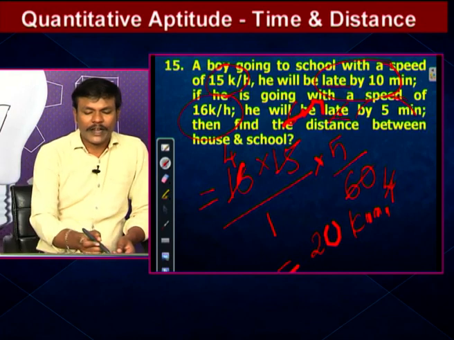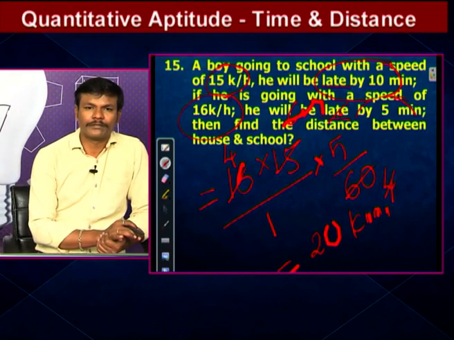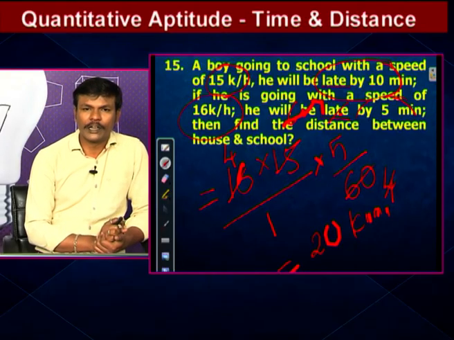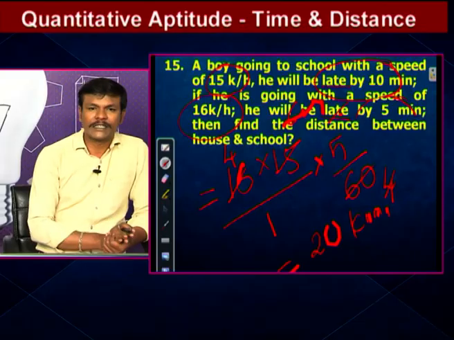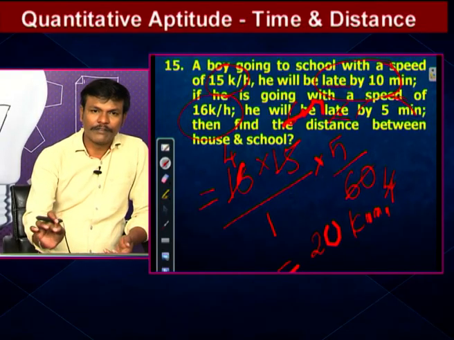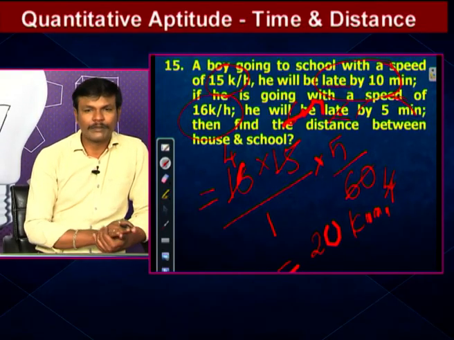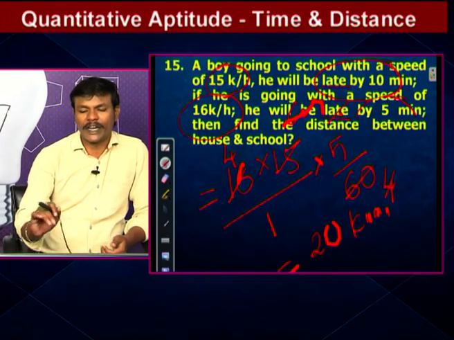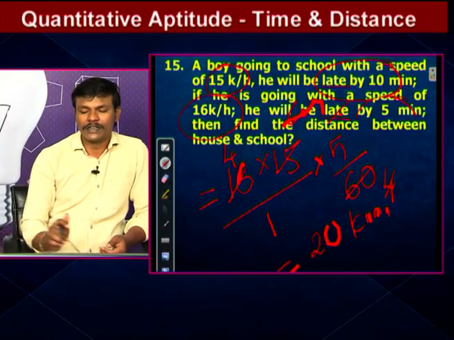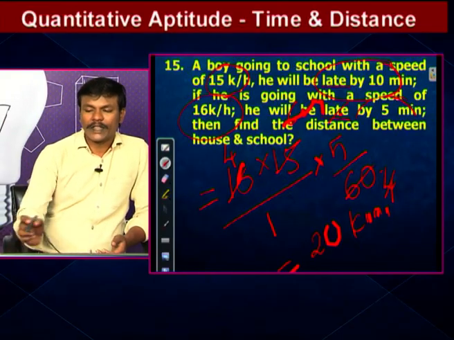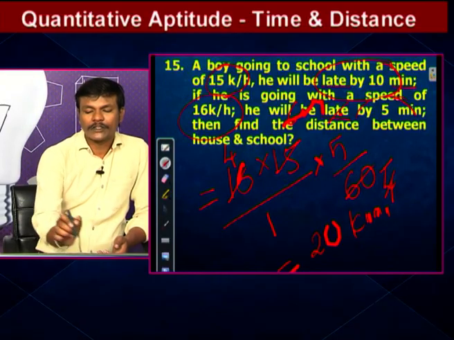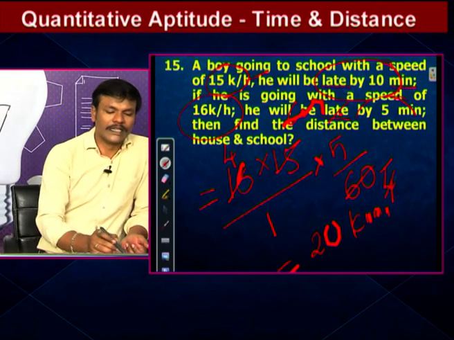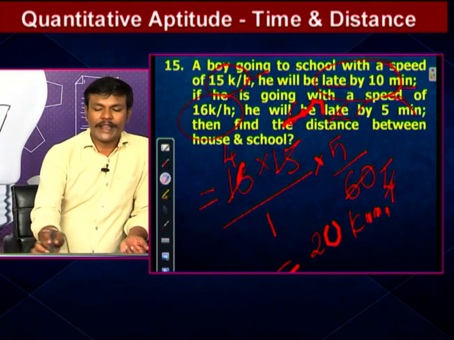Simple. We take the multiplication of the two speeds in the numerator, and the difference of the speeds in the denominator. Why do we take the difference of the speeds in the denominator? Because late or early is considered as the difference of the time. When we have the difference of the time, we take the difference of the speeds, into 5 by 60. 5 is the difference of time between both late and late, that is 10 to 5 difference. Why is it by 60? The time is in minutes, the speed is in hours. So minutes are converted to hours, that is 5 by 60. Simple thing. These are applications of average speeds.